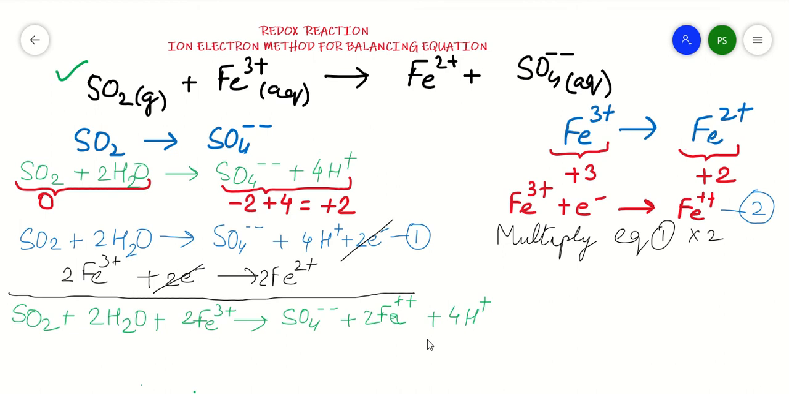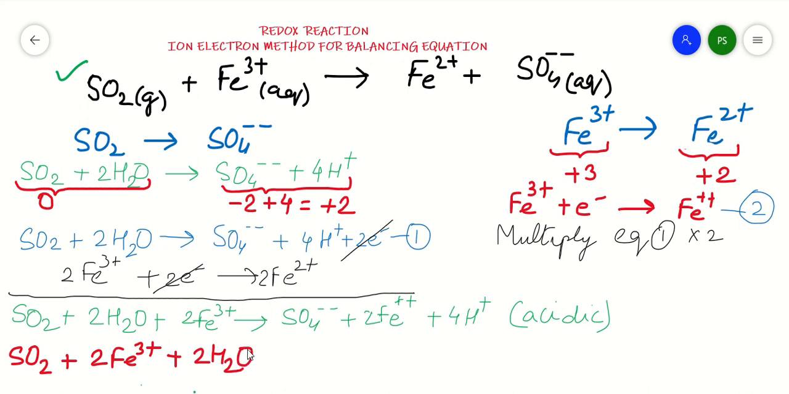Because there are hydrogen ions in the equation, I call this equation balanced in acidic medium. Now I would like to convert this equation to basic medium. For that, I need to add hydroxyl ions. How many? Equal to the total hydrogen ions in the equation. So SO2 plus 2Fe positive 3 plus 2H2O plus 4OH ions will give me